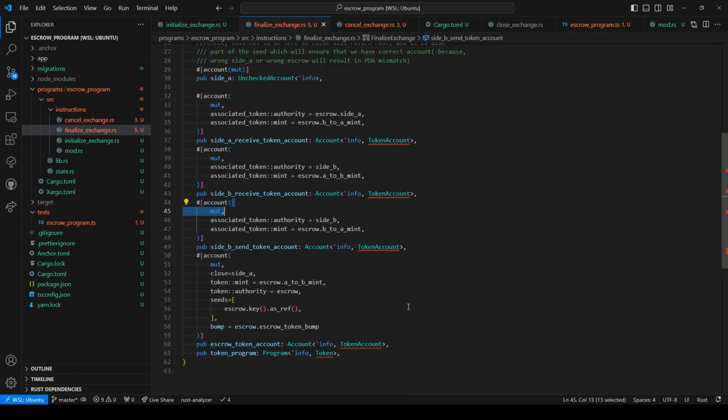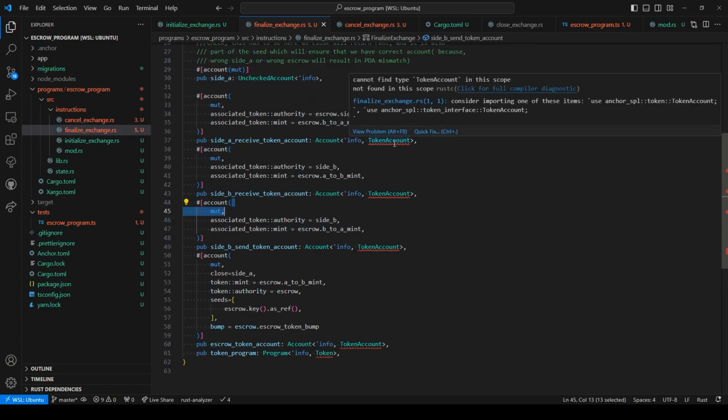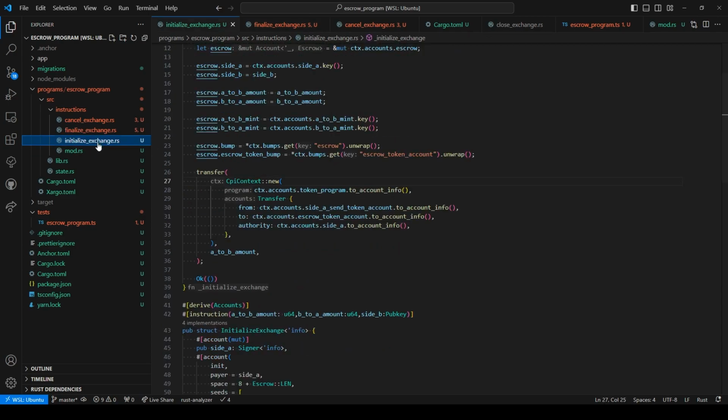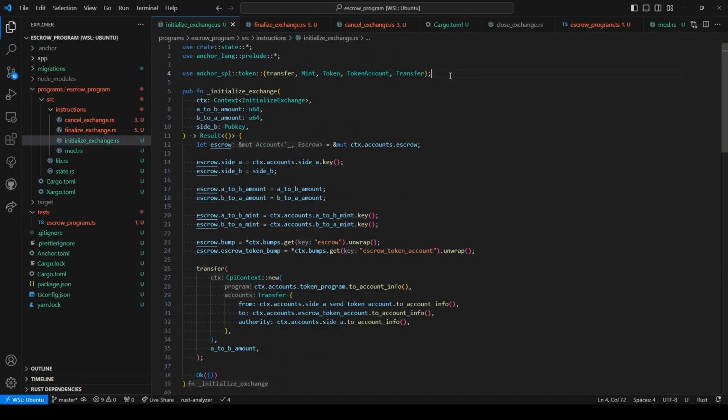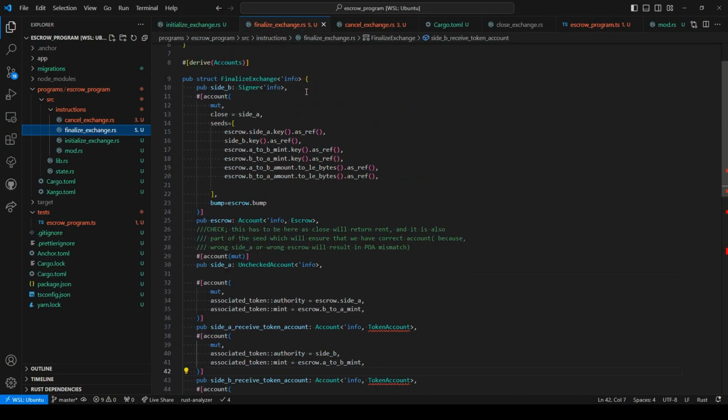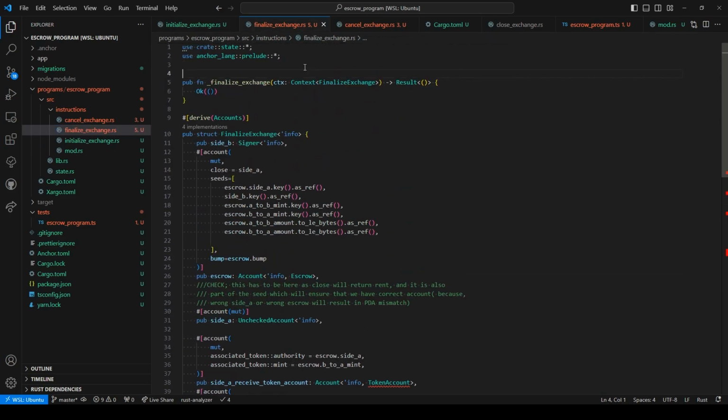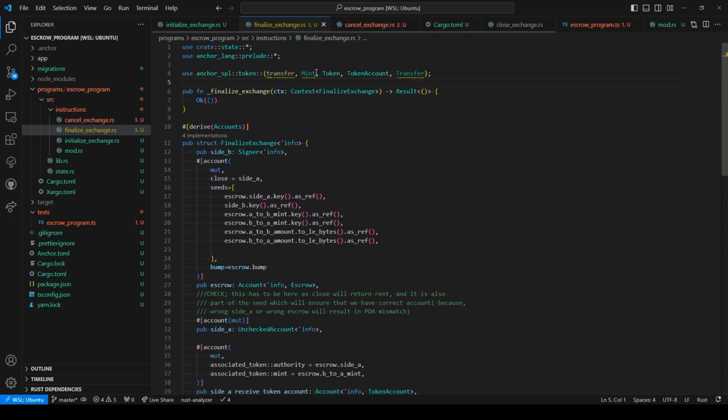And you may see initially that these are the identical errors for the dependencies. So let me just copy the dependencies here. And as you may see, the structure is basically the same. We have the finalize exchange and there is the finalize exchange function. So we are going to implement the exchange, and I'm going to